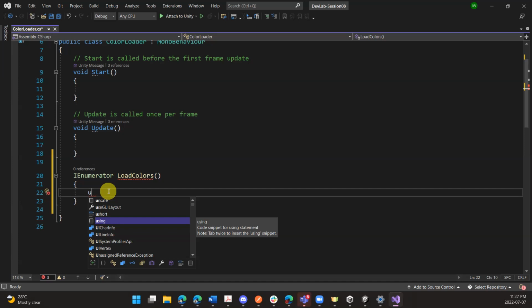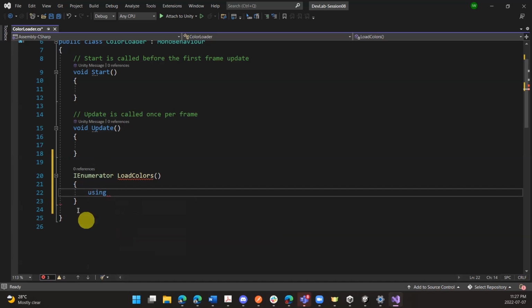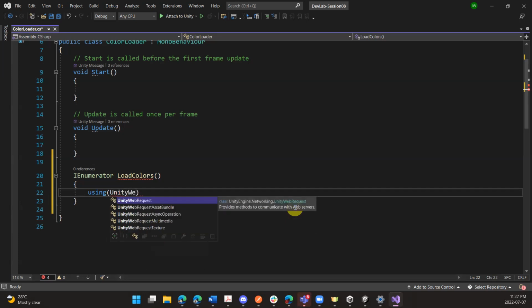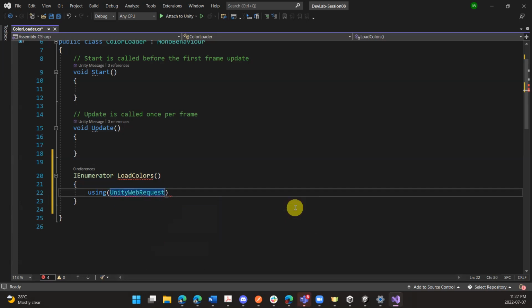So just type using, open parentheses, and here we're going to call the UnityWebRequest. Using UnityWebRequest. I'm going to give www as the name